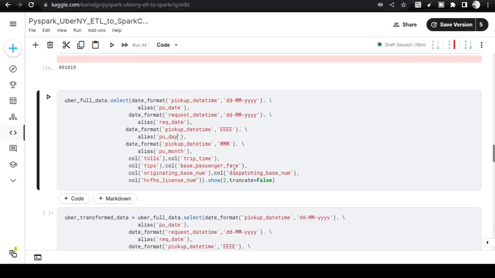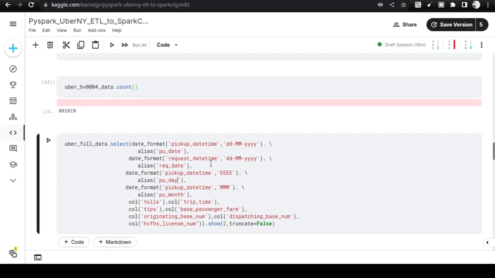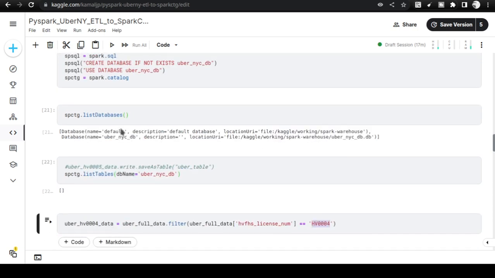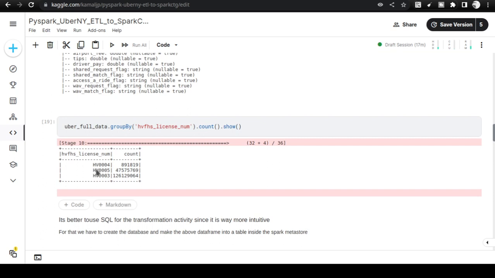And now I am going to do some more activity. Okay, why I am doing all these things is that first and foremost, I need to initiate the transformation. Okay, I have already started the transformation. So I have already filtered the data. You saw that I filtered the data. I took only the HV0004 license number right now. So I am leaving out these two, HV0003 and